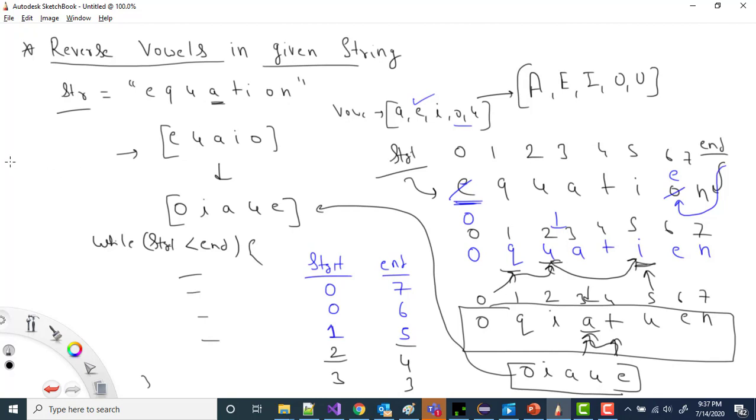So my time complexity is linear, you can say this is O(n/2), or overall I can say this will be O(n), because it is linear. And my space complexity is O(1), because I'm not taking any extra space. I'm just taking some constant variables. So this is my time complexity and this is my space complexity, right?